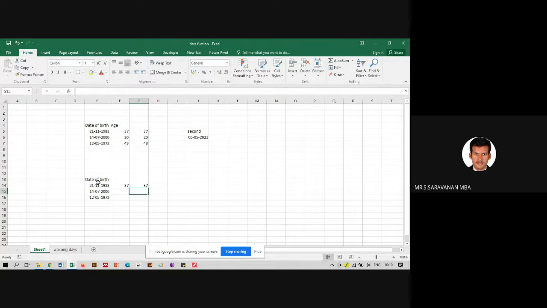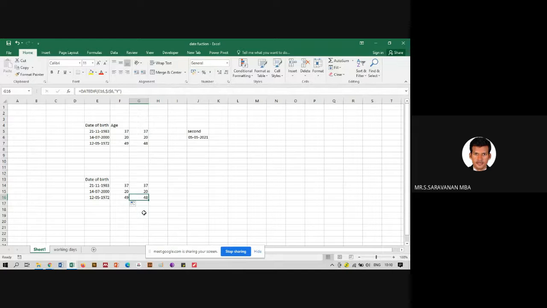See, for the first information, it is not changing. If you type, click, see here, because his date of birth is 12/5/1972, automatically his age is only 48 because it's not completed. So this is a simple way of calculating the date.